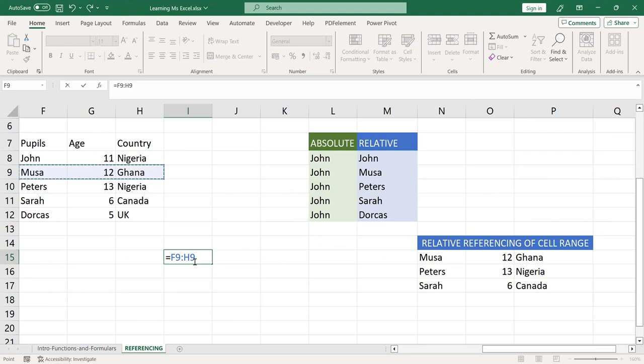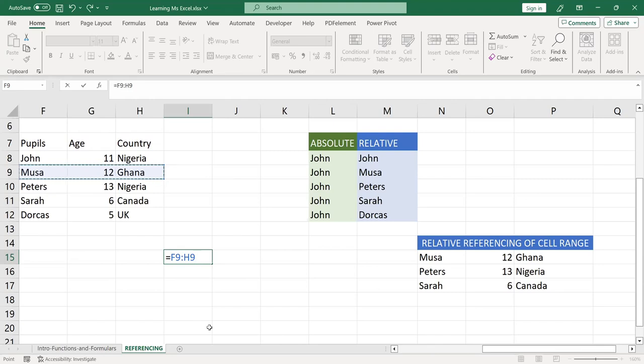It could be one cell, like we've seen here in the case of John, or it could be a range of cells, as we are seeing in the case of F9 to H9, which is, of course, all of the records or the observation of Musa from the data set that is containing information about pupils, their age, and their country. So to make this absolute, I would lock it by pressing Fn, F4, or